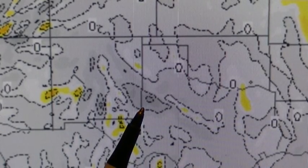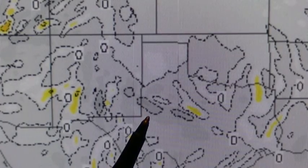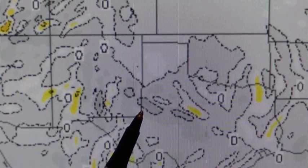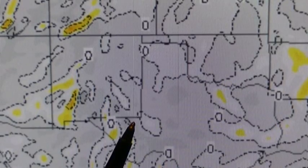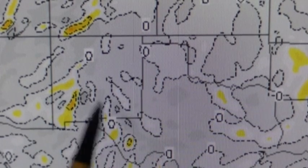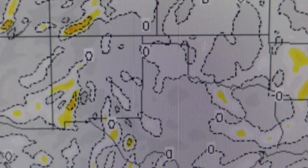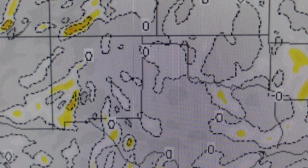Here's 21 Zulu. This is slightly after dark. And we see it basically fall apart here at 23 Zulu, which is going to be, oh gosh, what's that? About 7, no, this is dark here. It's getting dark now. And there's still a remnant there. Now by 03 Zulu 2400, it's all over with. Now this is 10 p.m. No more falling air. So next I want to show you the sea level pressure map, because now we know